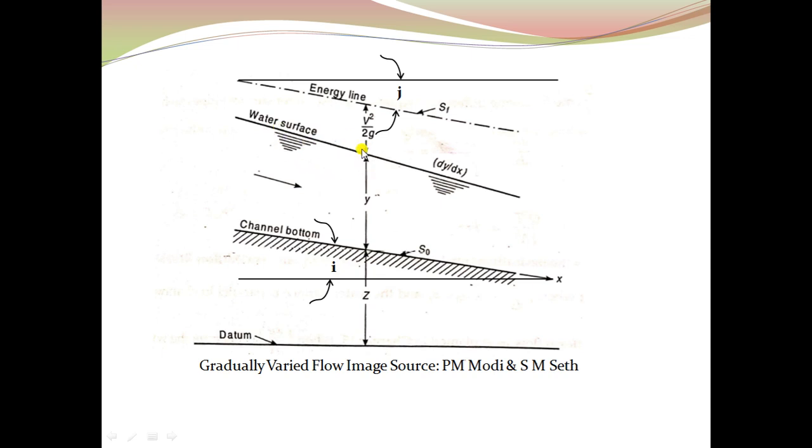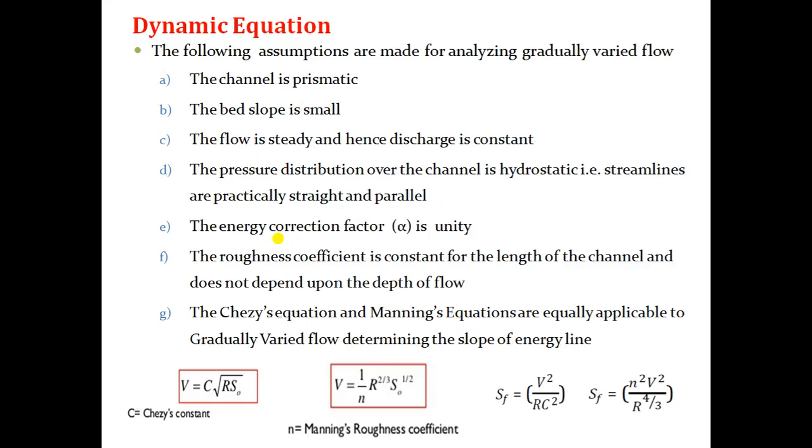If the flow is uniform, the depth of flow at various points will be the same. If the depth of flow at various points is the same, the energy line will be parallel to the channel bed. Now, according to the last assumption, it says that Chezy's equation and Manning's equation are applicable to gradually varied flow for determining the slope of energy